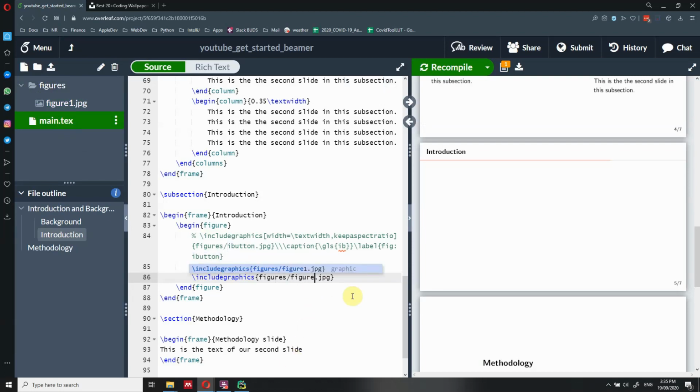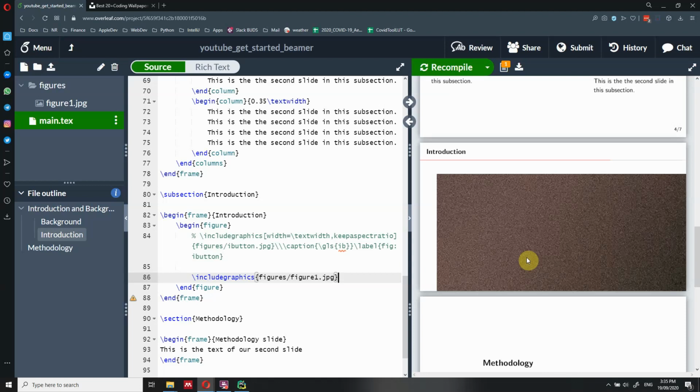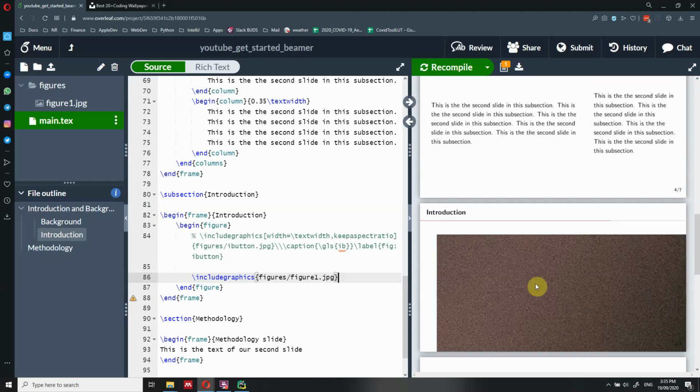So we call it figure 1. Okay, so let's compile this, and we most likely are going to get an error, but no, everything is fine, so we don't even have to import the package.